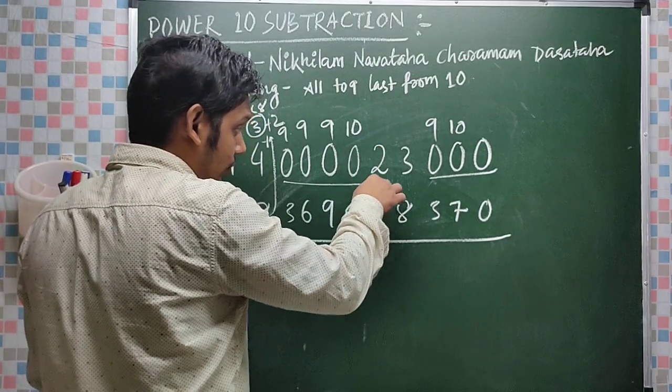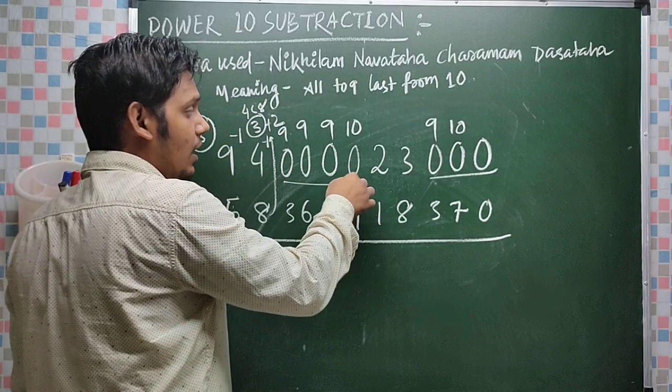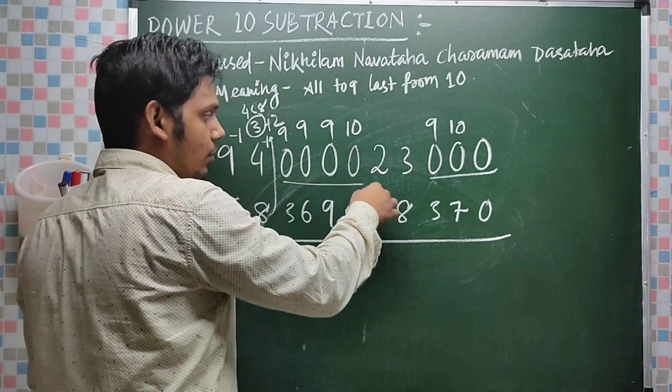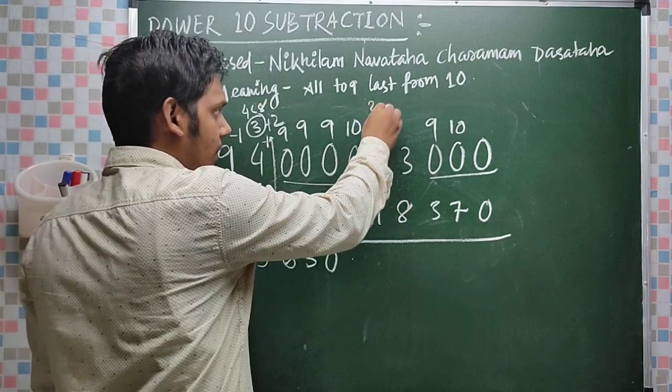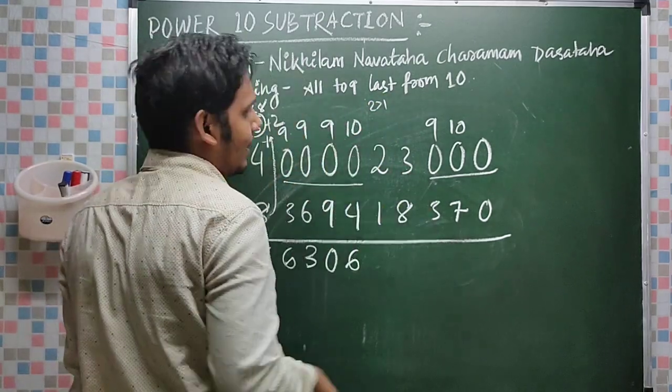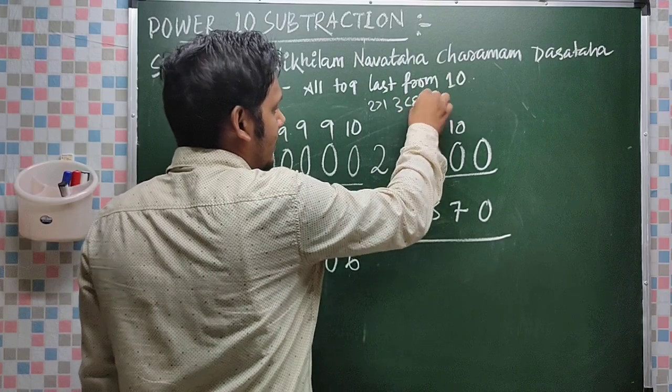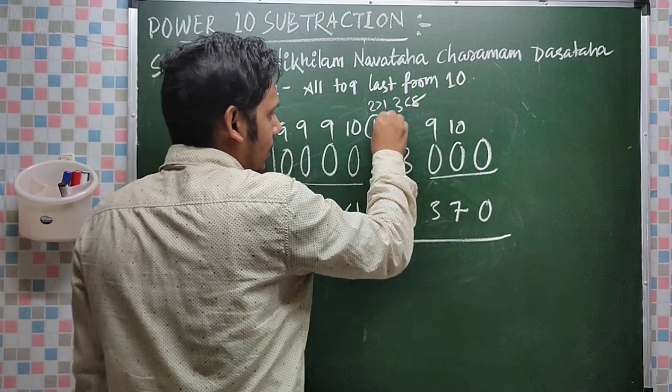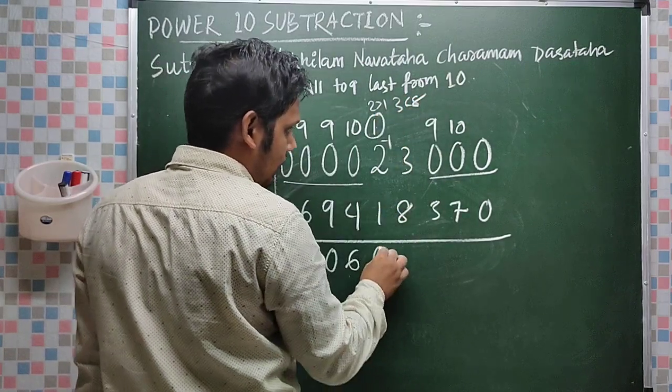When you are doing this, you have to check this. Keep in mind, because after this 0 numbers are there. So 2 minus 1 possible, 2 is greater than 1. So 10 minus 4, that is 6. But 3 is less than 8, so this one will be decreased by 1. Now 1 minus 1, that is 0.